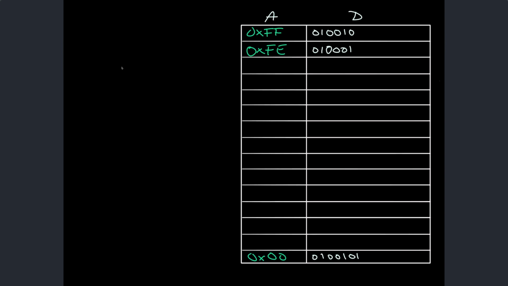Now, we as programmers might go ahead and say, well, I'm writing a program and I have an integer a. Now, when we declare an integer a like this, we're actually telling our compiler to please go ahead and compile some instructions that tell the operating system when it runs this program, look, this guy has an integer a. At some point, he's going to want to put some values in there. Can you please assign somewhere or allocate somewhere in this memory table where he can store a value for this a integer? And the operating system might say, okay, well, I can give you address 0xFB, for example,